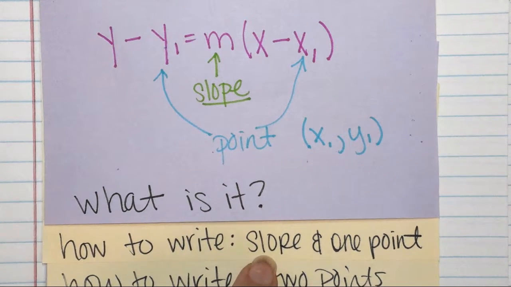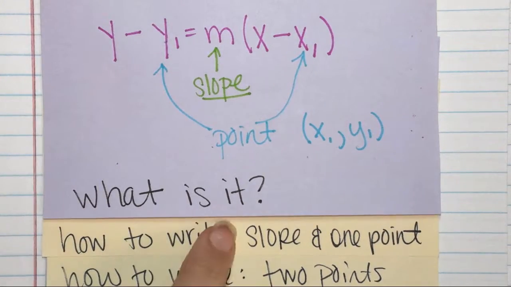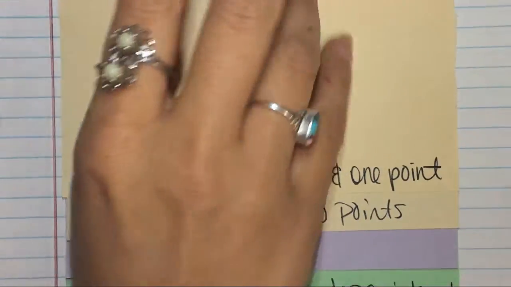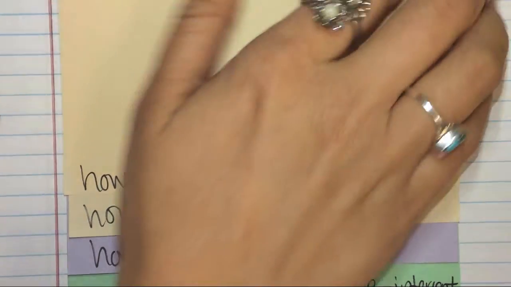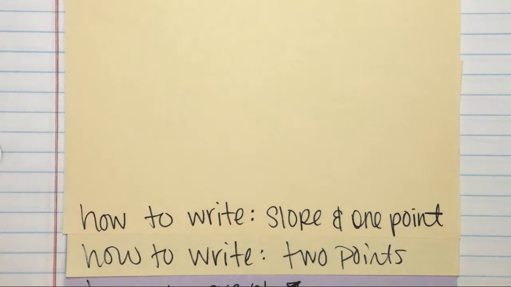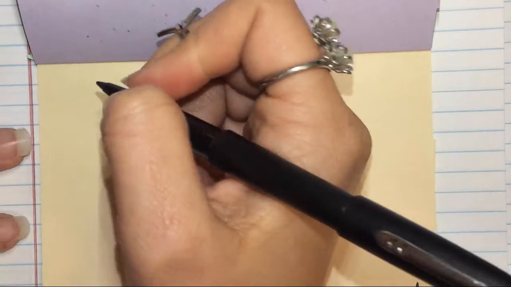Alright. How to write an equation given slope and one point. So open this. It is very easy to write in point slope form. Super, super easy. The directions say: